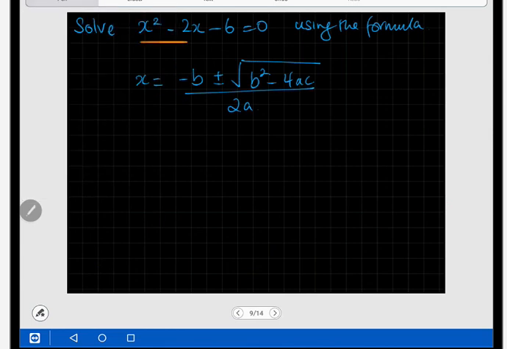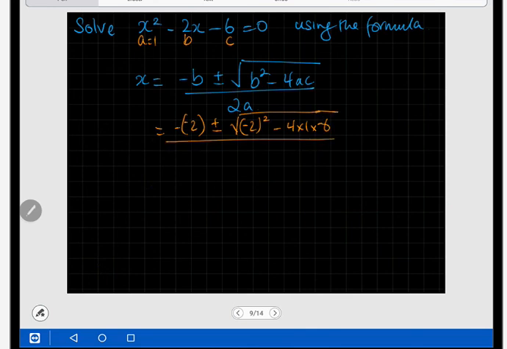So this is a here, this is b, and this is c. a is equal to 1. Right, so minus b, minus minus 2, plus or minus square root of b squared, minus 2 to the square, minus